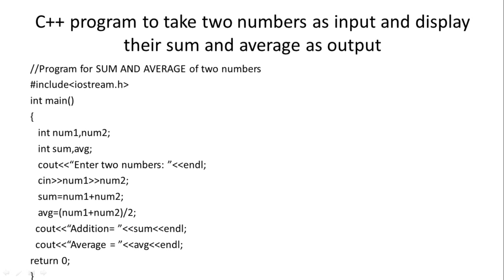After this again there is one cout statement. So the next statement printed will be average equal to avg value, whatever result we got in avg, that will be printed in front of that. So this is the program in which we are using variables. We have declared the variables, a total of 4 variables are declared, and we are not using the declaration and initialization statement as well as the assignment statement. Instead of these two statements, we are taking the values of the variables from the user. So we will execute this program.